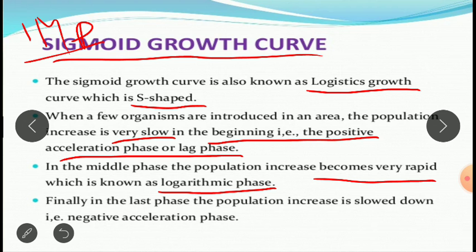You can take for example the human population. I will give you an example. In India, in the earlier days, you can ask your grandparents how many children they had. Ask your uncles and aunts how many siblings they have. They will tell you we are 4, we are 5.